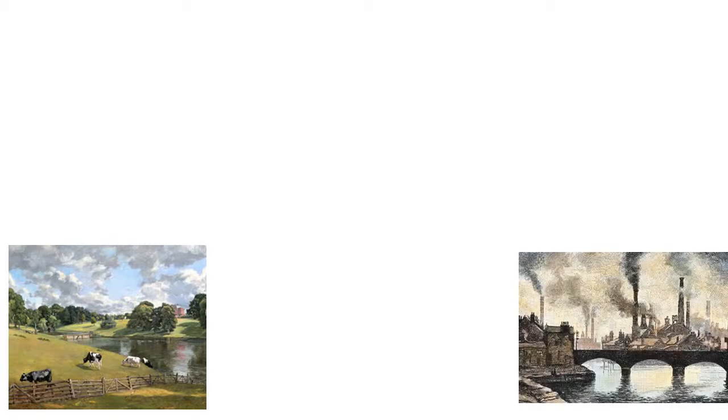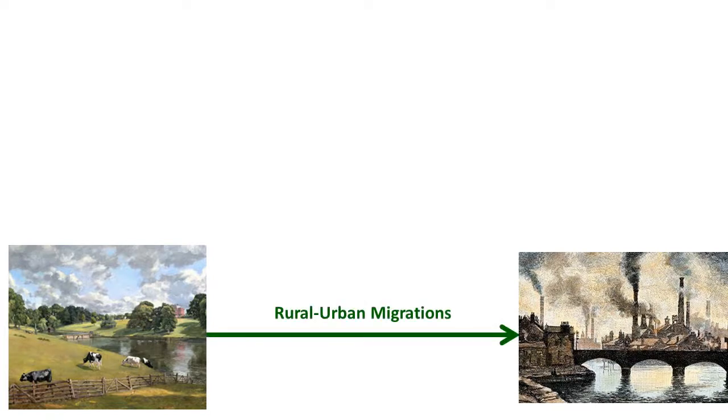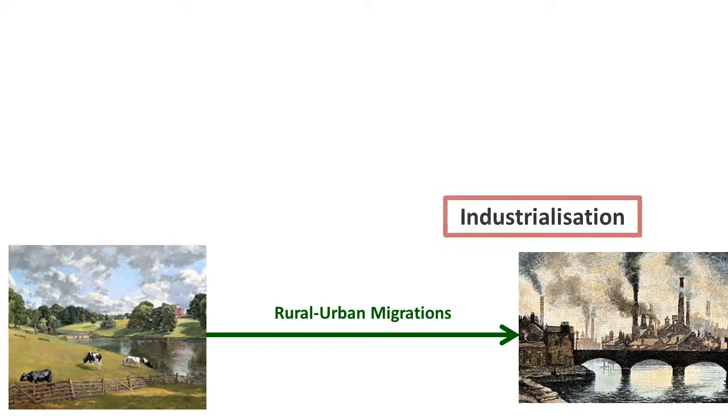And so from countryside to cities, a massive process of rural-urban migrations took place, which was rather easily explained by the economic changes. Indeed, due to industrialization, more job opportunities were offered to the working class people, I mean the common people in fact, in cities, both small and big ones,